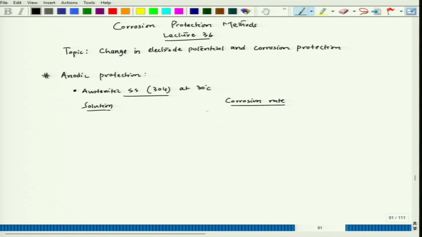Now, when it is not protected and when it is anodically protected, now if we talk about one normal H2SO4, and this is at 30 degrees Celsius plus 10 to the power minus 5 molar NaCl. When it is unprotected, that means if we talk about the plot,